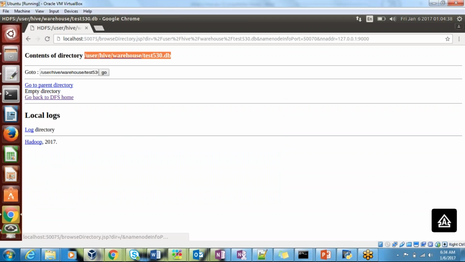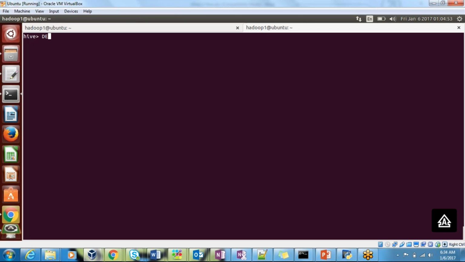Suppose you don't want to create under the default location, you want to create at a specific location, you can also specify that. While creating the database itself, you can specify the location where you want to create. Okay, so if you want to describe the database,